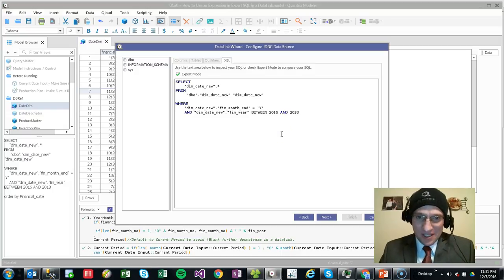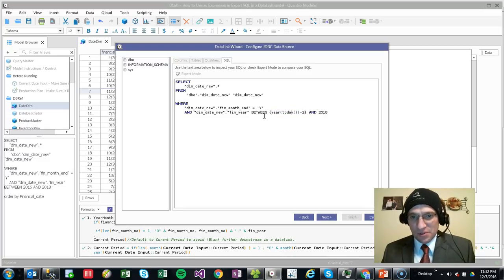So what I want to do is say, go out and get this where my financial year is between, and I'm going to put a curly brace to open my expression, and then I'm going to say year of today. So I'm going to put year, open paren, today, which is a function itself, and I'm going to hit close parenthesis, and then close this parenthesis, and I want to subtract 2 years from the year, to get a rolling 2, and then it needs to be between, again, I'm just going to copy this expression right here,